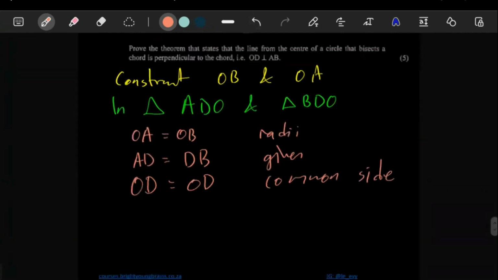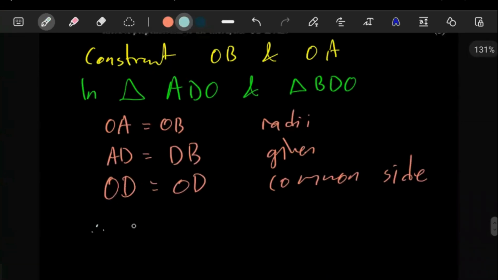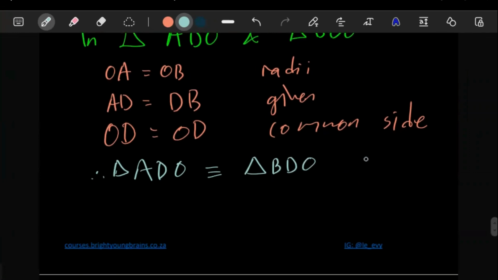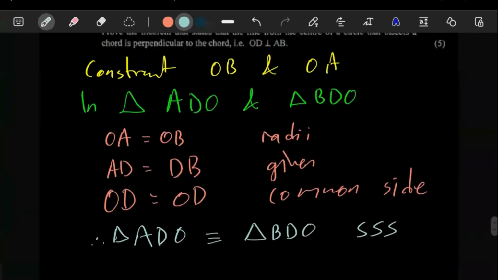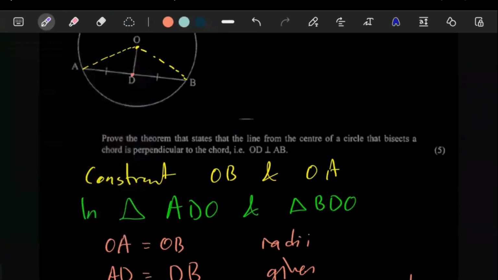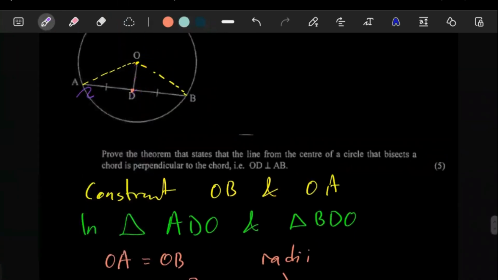So because you have proven that all three sides are equal, you can say therefore triangle ADO is congruent to triangle BDO. The reason for that is just side. So because they are identical, you can safely say that therefore ODA is equal to ODB. So if they're equal, then you can say